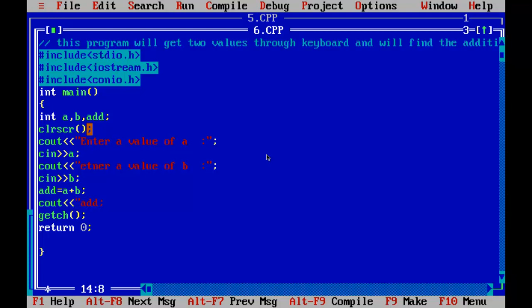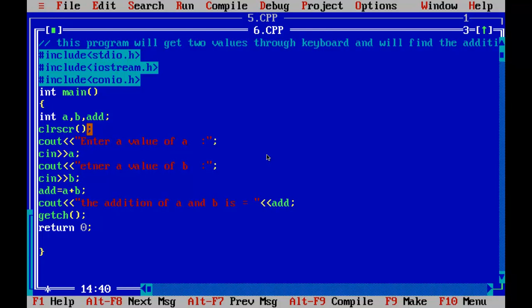We can use here: the addition of A and B is equal to, colon, less than sign. So now we want to display a message before reading the value and before displaying the result as well, to make our program meaningful.